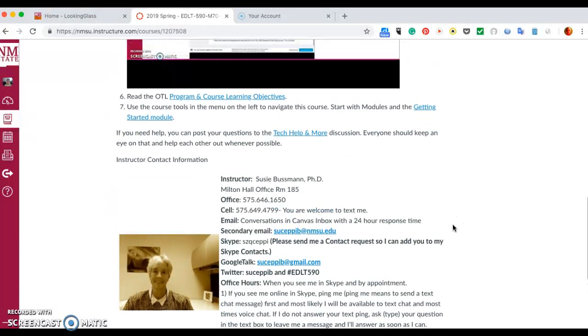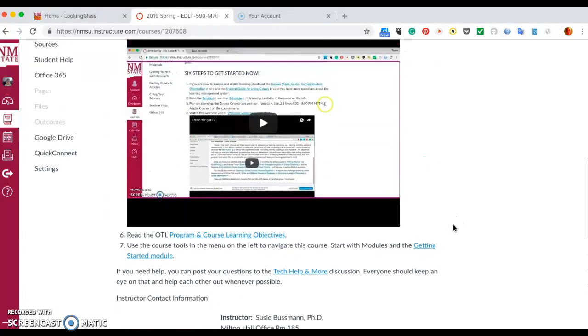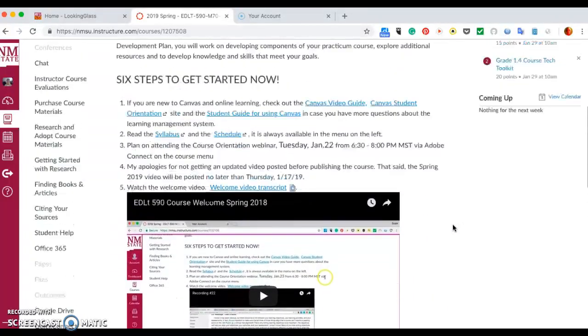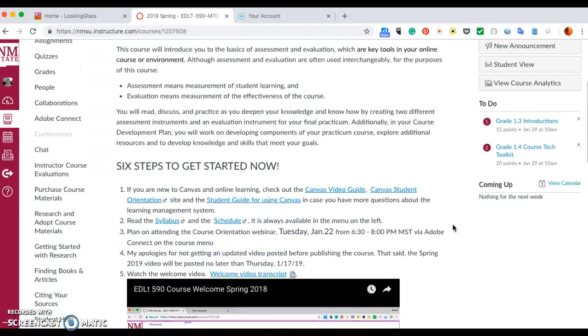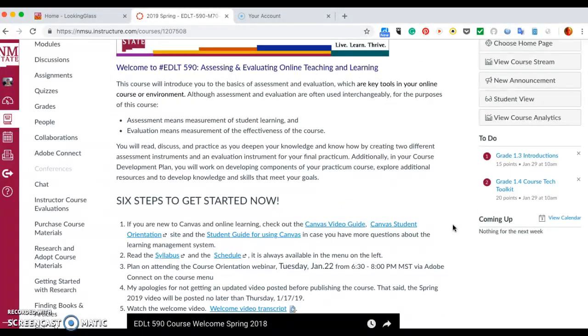And you'll notice as we go through the course that the home page will change as we go week to week. And right now we are on the home page for this course. All I'm going to talk about right now is the structure of the course. And there is an important date that I would like for you to have on your calendars. We're actually going to talk about the content of the course.